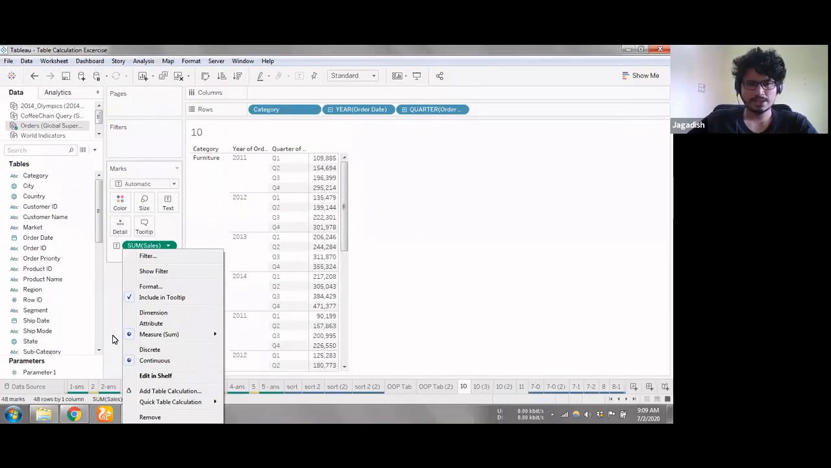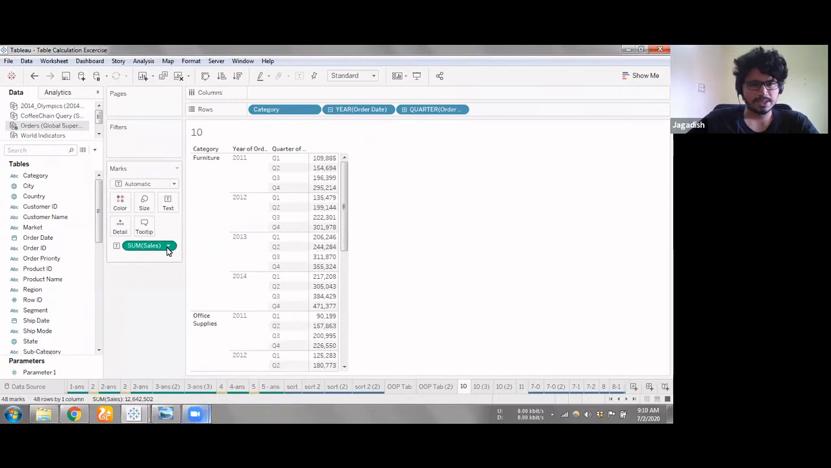So the option that you can see on the field when you right click is called quick table calculations, and whatever you write in a field is called custom table calculations. So now let's